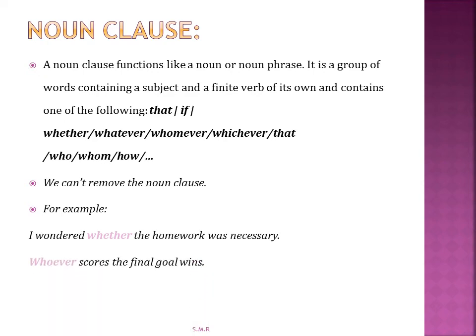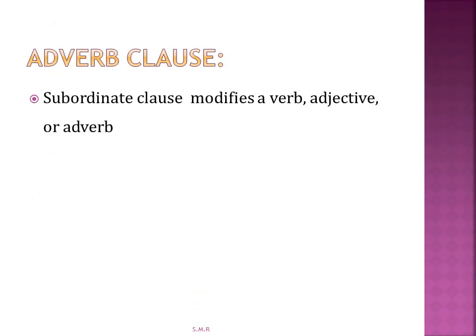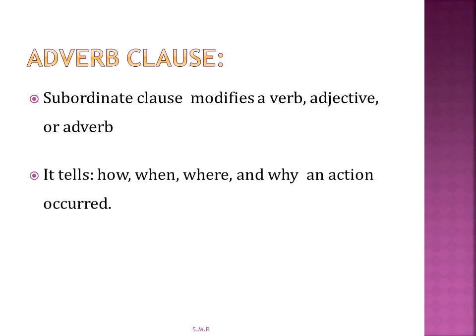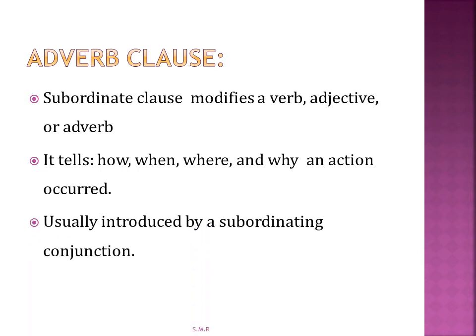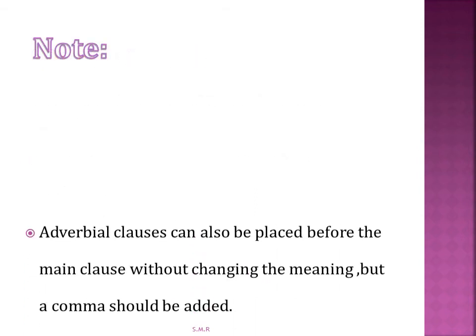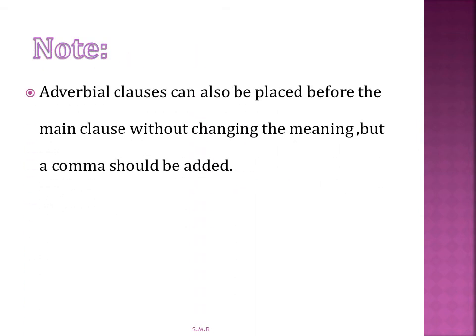Now, let's come to the adverb clause, or subordinate clause. It modifies a verb, adjective, or adverb. It tells how, when, where, and why an action occurred. Usually it is introduced by a subordinating conjunction. An adverb clause can also be placed before the main clause without changing the meaning, but a comma should be added, as